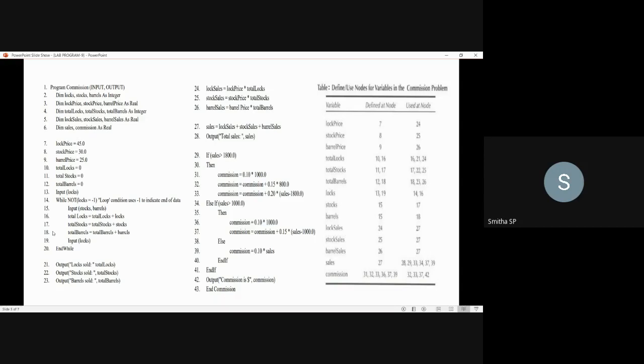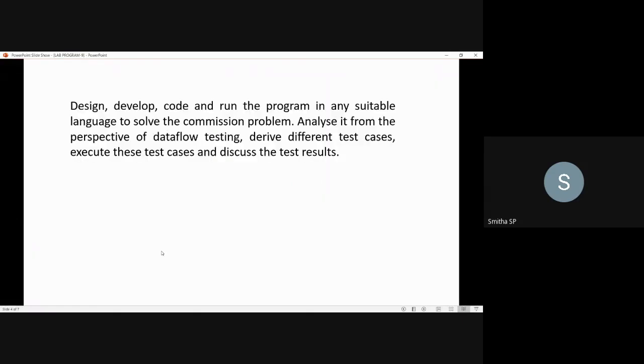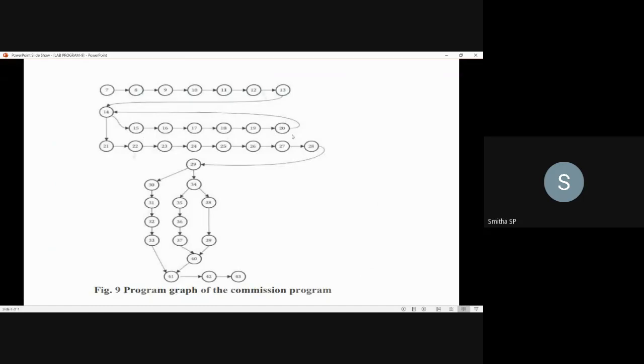Then from 18th to 19th, there is a control flow again. Here you are giving the input for the logs value again. So from 18th to 19th, it is also a sequence. Here we just go through the sequence from node 15th, where you input the stocks and barrels value, until node 20th, where you once again give the logs value and end the loop. So based on that logs value, again it will decide whether to enter into the loop or not.